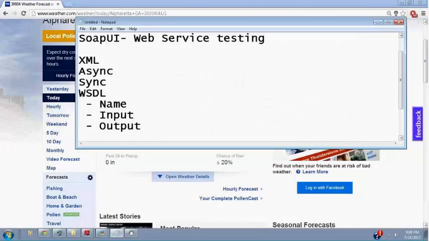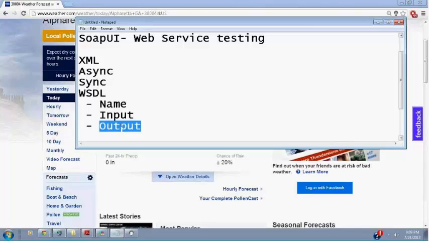It's like asking for a movie ticket. If you go with the money and just tell them I need a movie ticket, is that sufficient? No, you need to tell the movie name, you need to tell the movie time. So there are two inputs, movie name and movie time, and the third input is a physical input, that's money, right? So with three inputs you will get an output, and what is the output? A ticket, right? So you need to give a name, that's the name, get ticket. What is the input? Money, time, movie name. What is the output? A physical ticket, right?